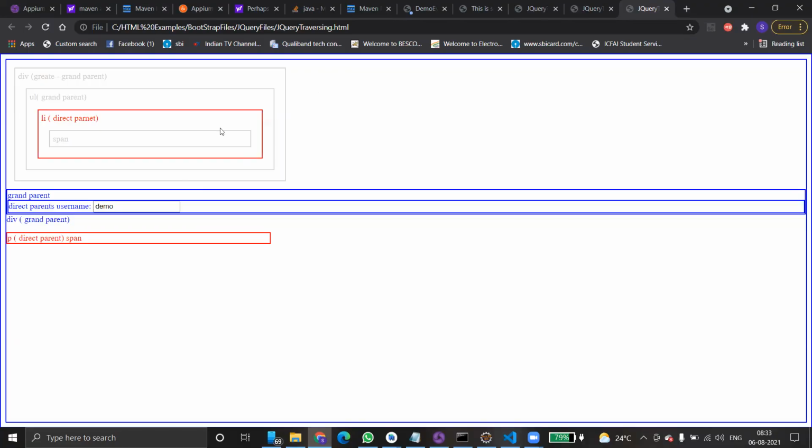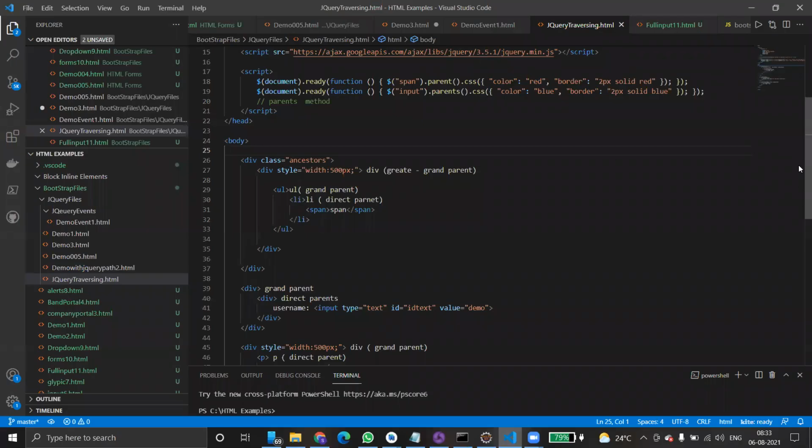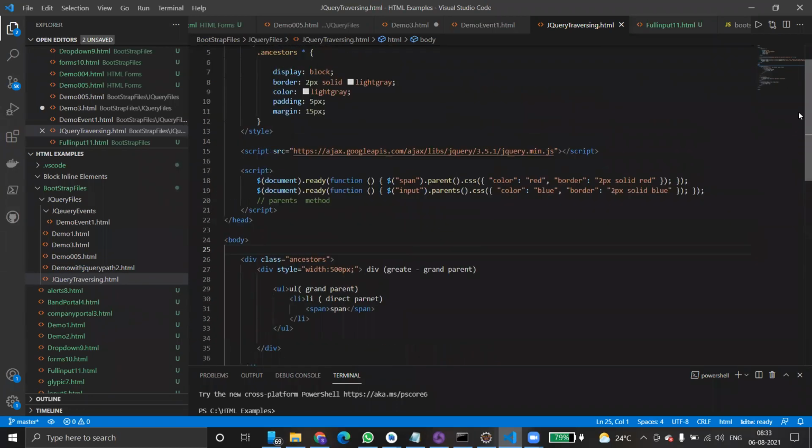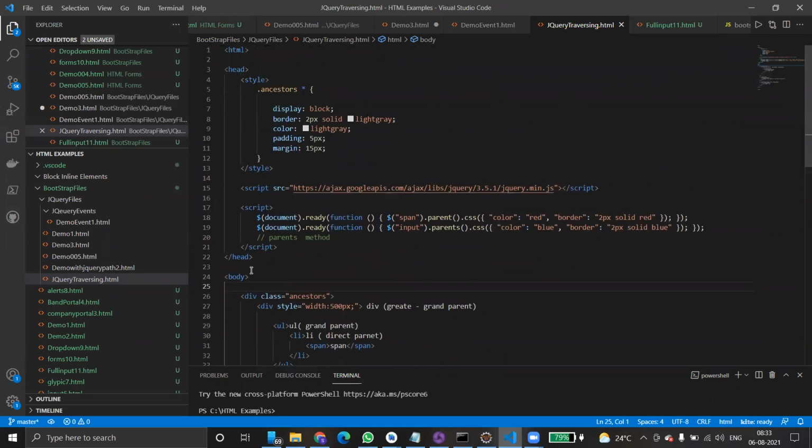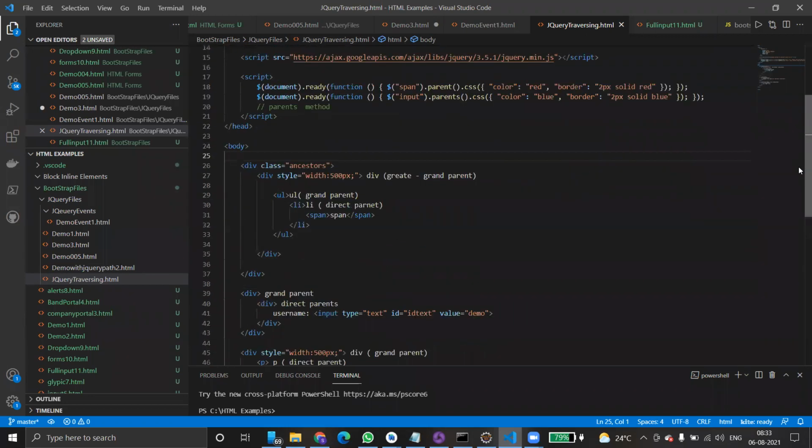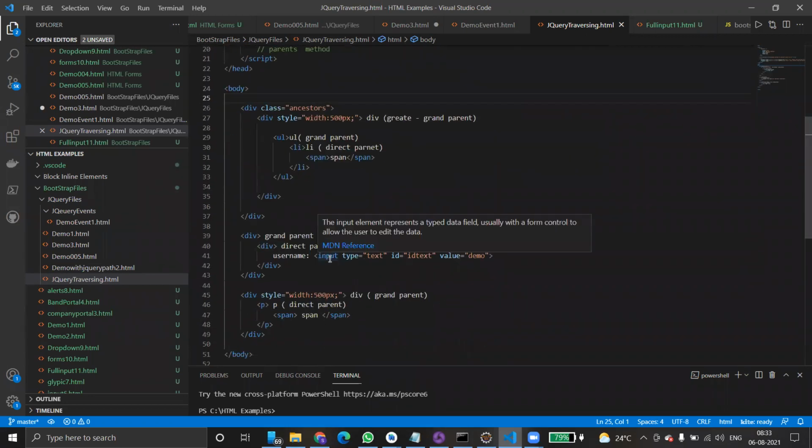to blue color. This is the page. Inside this page, let me explain. Body, whose child is it actually? This is a child of HTML. Inside HTML we have body. Inside body we have a division. Inside division we have another division. Inside another division we have an input field.